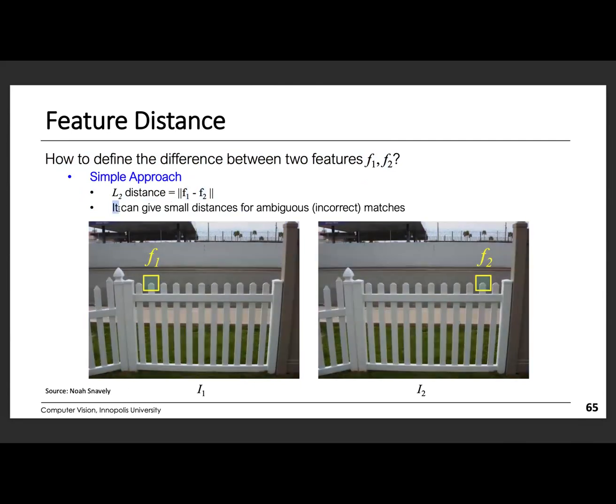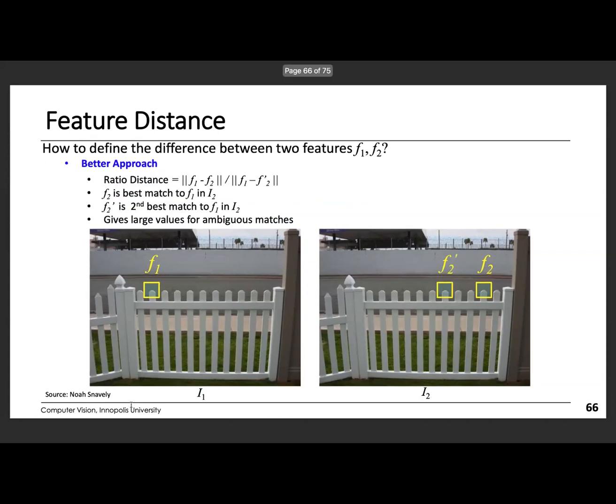It can give small differences for ambiguous incorrect matches. So F1 and F2, for example, are not the correct match. We want this to be matched with this one. And that leads to a very high error rate. The better approach is to find the ratio of distance between F1, F2, and F1 and F star